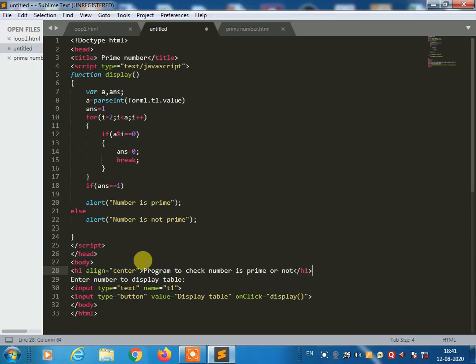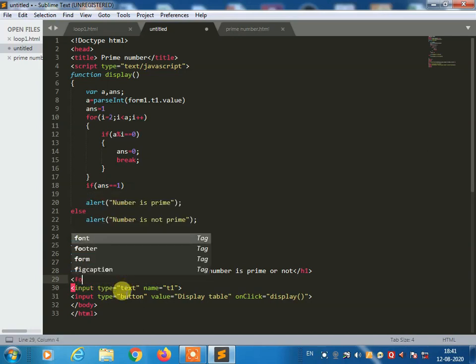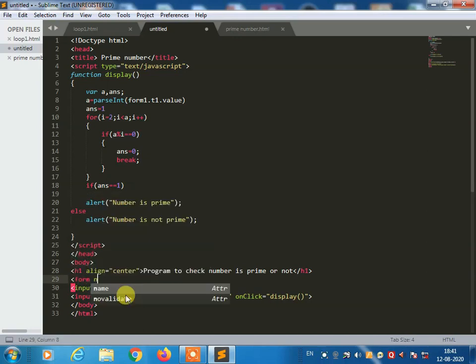Close the h1 tag. Once you close the h1 tag, you are going to call the form function over here. So you are going to use form name equal double inverted quote form1. We use form1 over there, so you can use that form1 here.